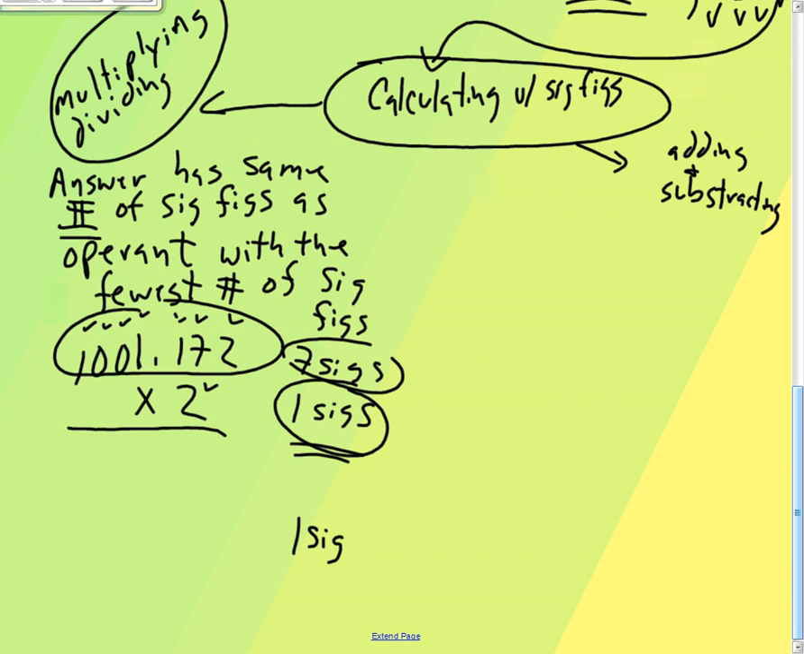I must round. So let's take 2 times this. I think we can do this without a calculator. 2 times 2 is 4. 2 times 7 is 14, carry your 1. 2 times 1 is 2 plus 1 is 3. 2,200.344. Good. But I can only have 1 sig fig. So it means I can only have my 2 here. That means I have to round